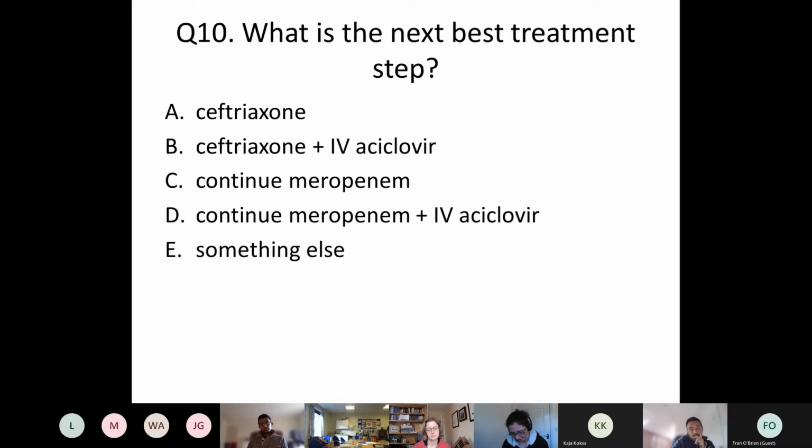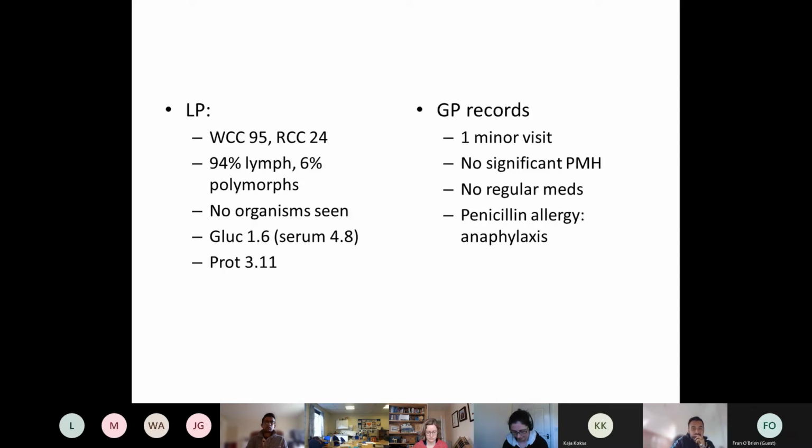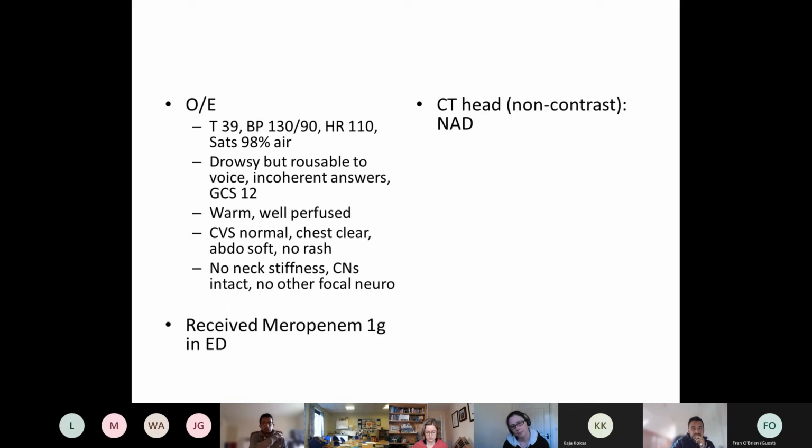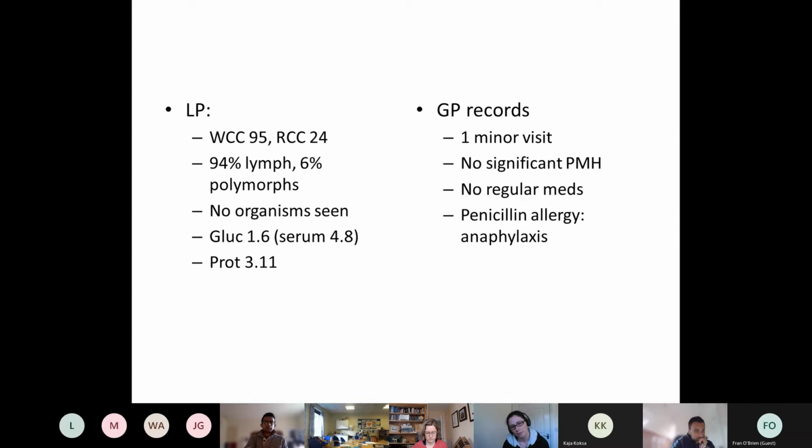What I'm getting at here is, what do we think this fits with? Is it more bacterial or viral? When we think about this, we always have to think about the overall history as well: acute, subacute, other risk factors for immunosuppression, or things like travel and pathogens that maybe aren't so common. Any thoughts? The history and the high protein, low glucose suggest bacterial, but the raised lymphocytes point towards more viral. So on balance, I'd go for the meropenem and acyclovir option.